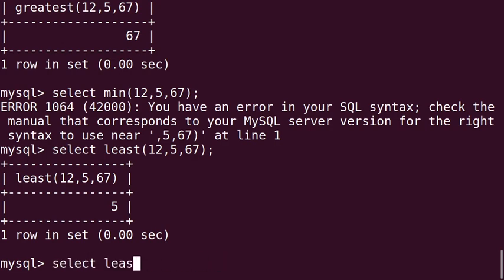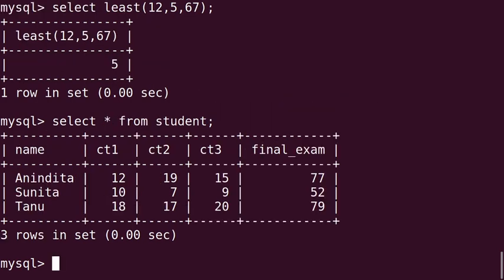Here we have taken one more table. Select star from student. In this table you can see 3 records are there.